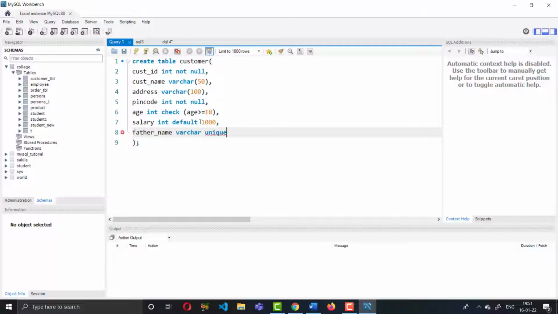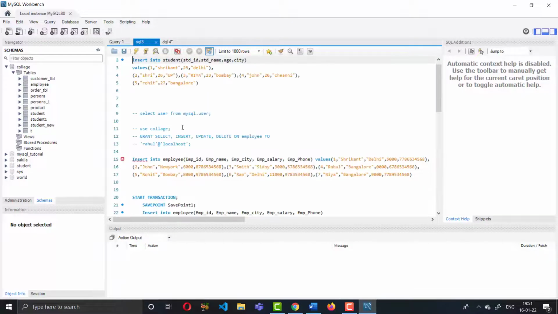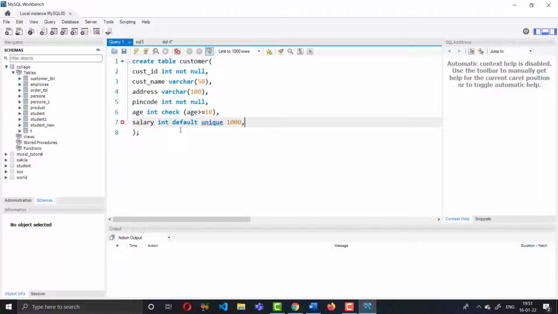Let's see if we can also use default and unique. The pin code itself can be written as pin code not null. Not null we have already used, so unique.